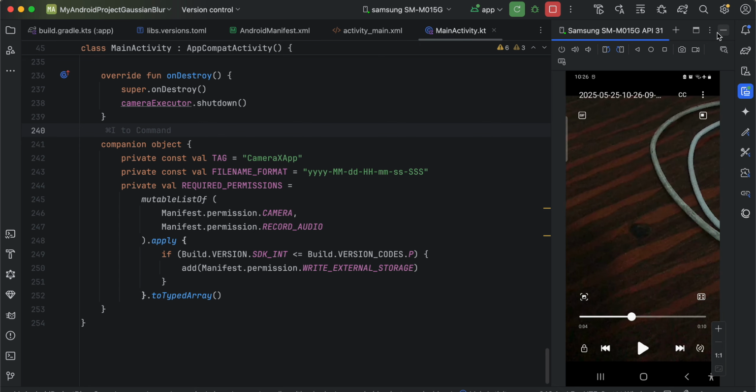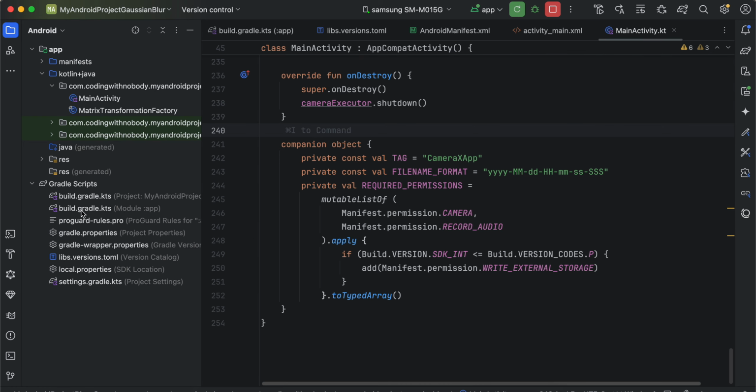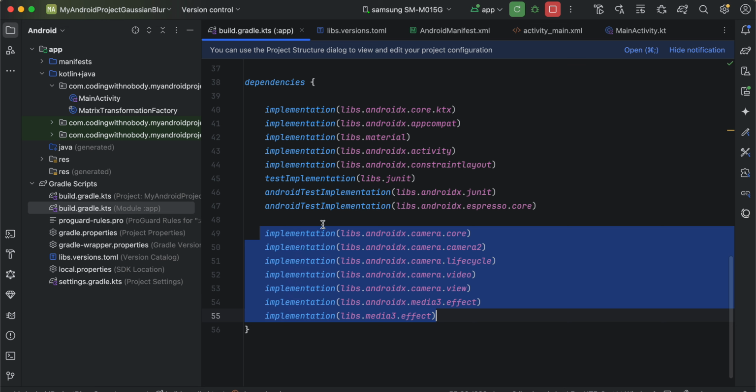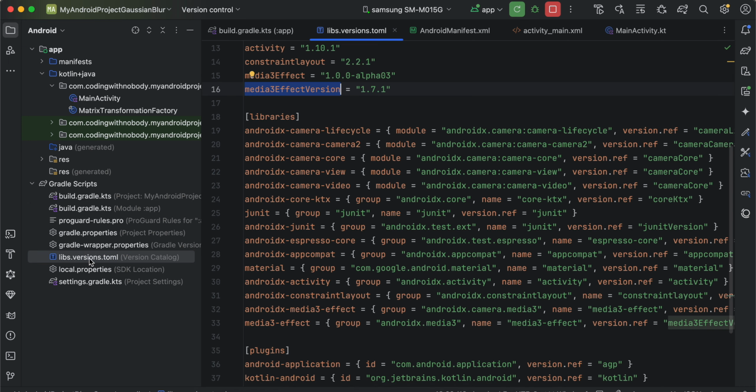Let's see how to do this. I'm using an XML layout, but if you want you can use Jetpack Compose as well, it's up to you. First you will have to go to build.gradle.kts, and here you have to add these lines of code: camera core dependency, camera2, camera lifecycle, camera video, camera view, and the AndroidX Media3 effect. Now we are using a version catalog, so you will have to go to libs.versions.toml,